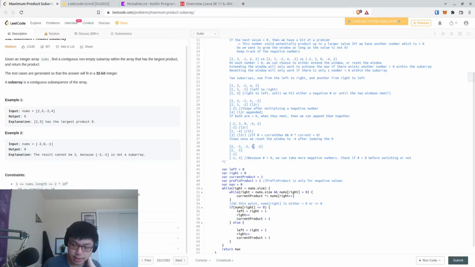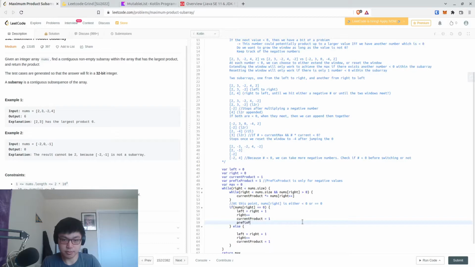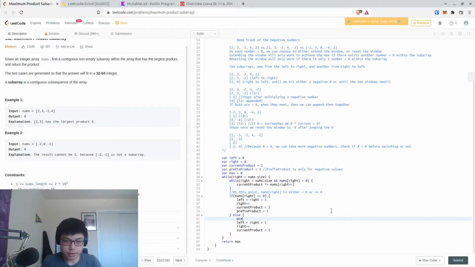So we jump to the next value. However, we want to multiply this by our prefix product. Prefix, or we want to do right times, or current product times equals